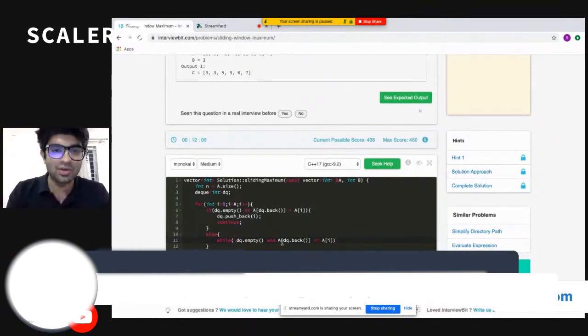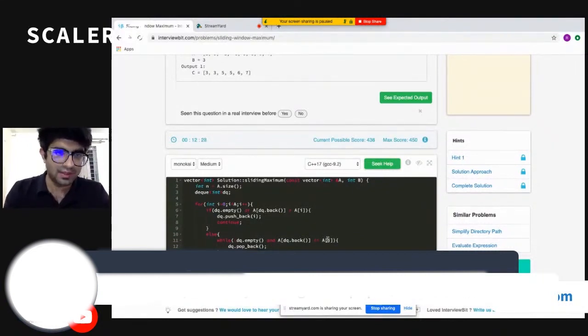That means I don't need that last element in my data structure, so I can safely remove it. In the end, I need that ith element, so I add this element at the end.